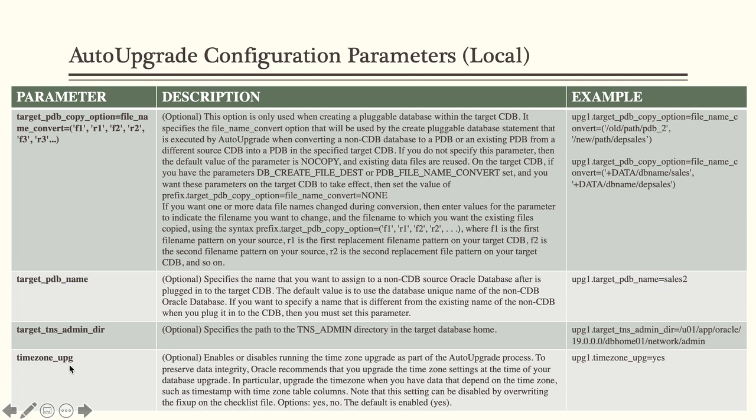Then as part of the post upgrade, do you want the upgrade of time zones to happen? You know that different versions of Oracle use different time zone version files. So as part of the post upgrade activity, we generally go and upgrade the time zones, DST. The DST updates can be done by AutoUpgrade automatically, simply by saying time zone upgrade equals yes. So whatever is the time zone version file that comes with 19C, at the end of the upgrade, all the databases would be upgraded to that time zone version file.